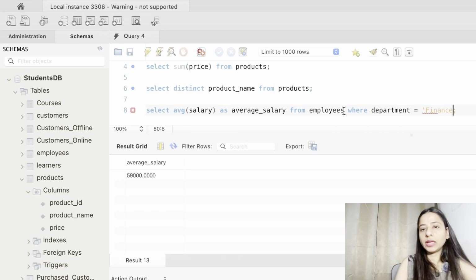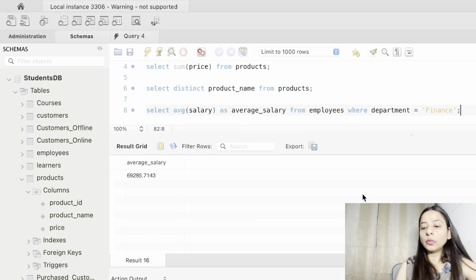So we can just write finance as the department, and let me execute this. So here we get the average salary for the finance department, which is 69,285 rupees. So this is how you can use the average for any of the calculations. Like you want to find the average rating of the products, you want to find the average price of the product, and so on.